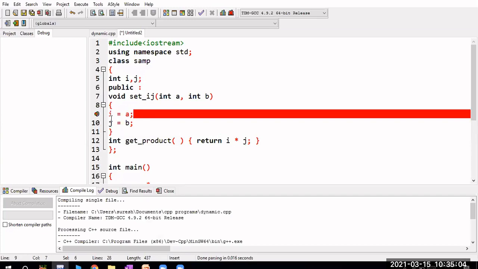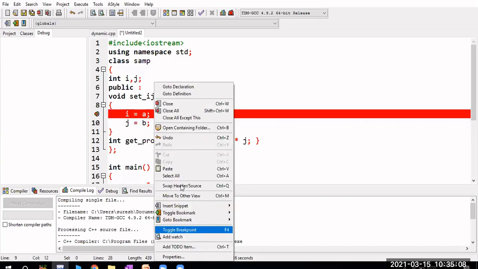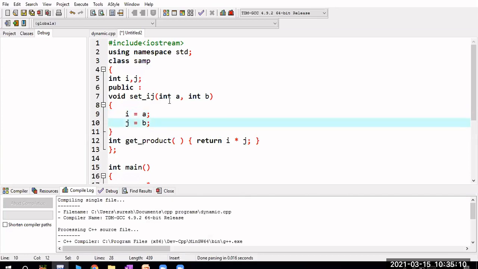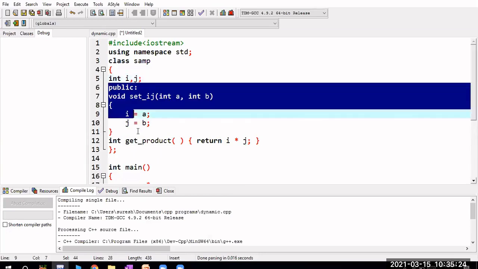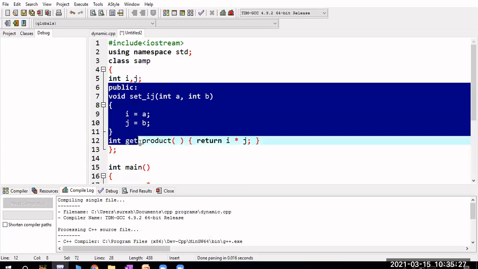So now I'm taking this one. Yes, this is your int, it has to be in the public section. Always, within the class, the data members should be in the private section. If you don't specify anything, it is private by default, and the member function declarations you compulsorily have to write in the public section. This is the fundamental rule.